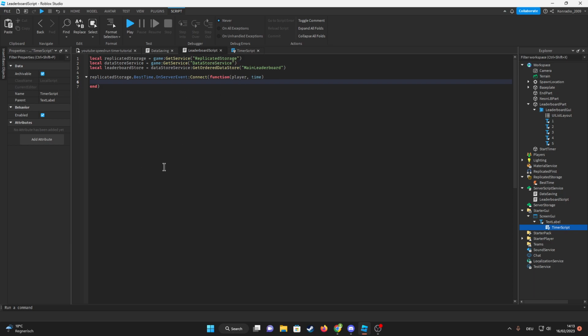So now we're gonna do time. Okay, so the ordered data store doesn't actually accept decimals. So we actually have to make it a full number first. And then later, when we put that on the leaderboard, we're going to make it a decimal number again. So we're going to do time equals math.floor of time times 1,000. And then leaderboard store, you can do update async,